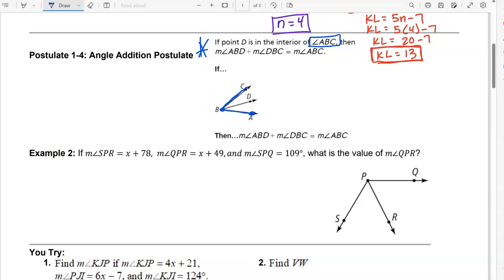ABC is the full angle. It's all the angle. So if D is in the interior of this angle, then that M in front just means measure, so that you know. That means the measure